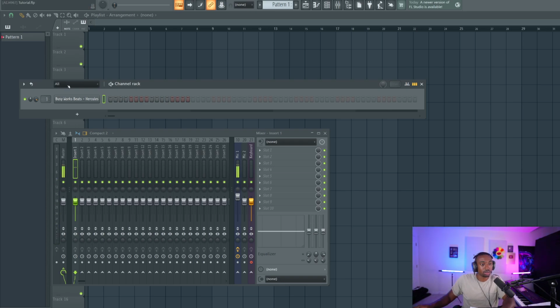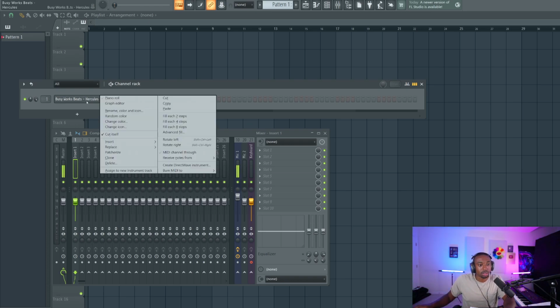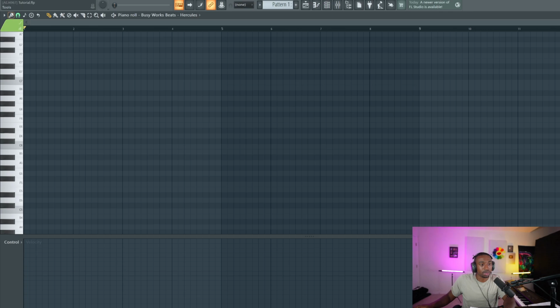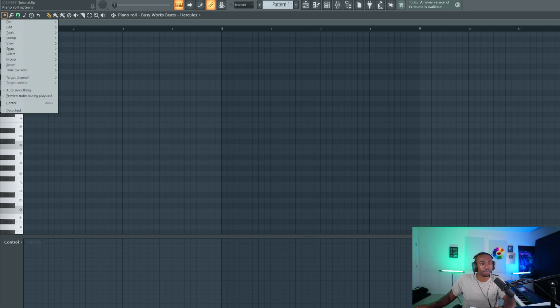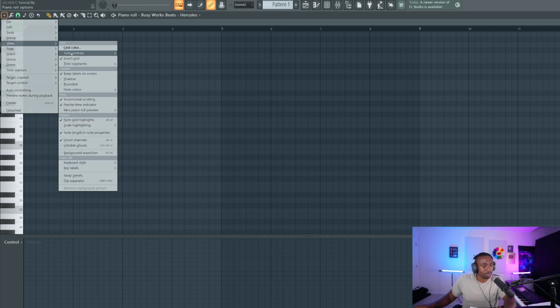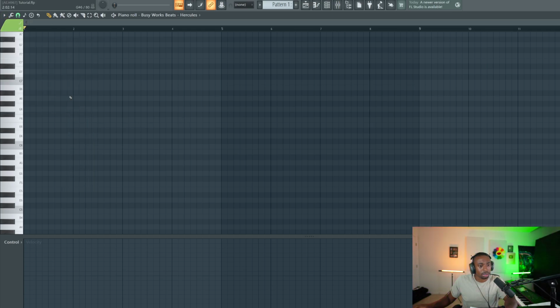Okay, so what we're gonna do is use, let me think how many notes it is. There's about 7 notes. Okay, so I'm gonna call this video the 7 lucky notes or something like that. So we can right click, go to our piano roll. And here are some adjustments I'll make before you start: go to your piano roll options. Let's go to where it says view. Let's go to key labels. We're going to put this on all notes. I don't know why that's not on by default. It should be. And if you turn on ghost channels, that could help for future stuff. All right. And outside of that, I think we should be good to go.